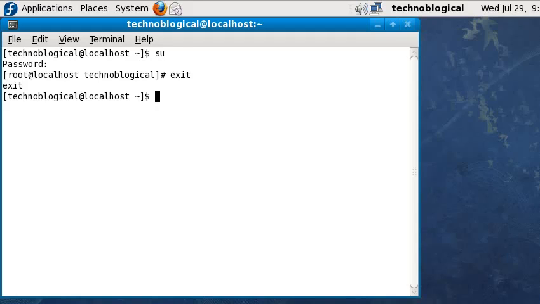So the first command I want to show you is pwd. That stands for present working directory. It'll show you which folder that you're currently in. The important thing to remember about Linux is there's no C drive or D drive or E drive, or letters like in Windows. Everything's based off of the root folder. So cd /